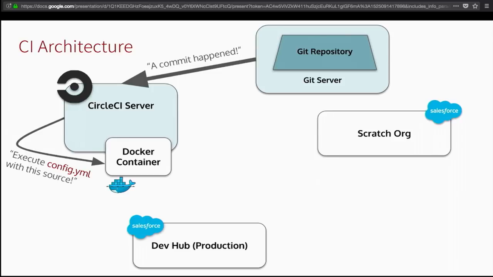CircleCI is going to take that and put it into a brand new empty Docker container. This is a virtualized environment that lives on the CircleCI server. It's running Ubuntu Linux. And it's got plenty of tools installed on it already. We're going to add a few more. And that's the environment within which all the commands are going to run that are required to make our tests actually go through. The Docker container is going to request a scratch org from Salesforce production.